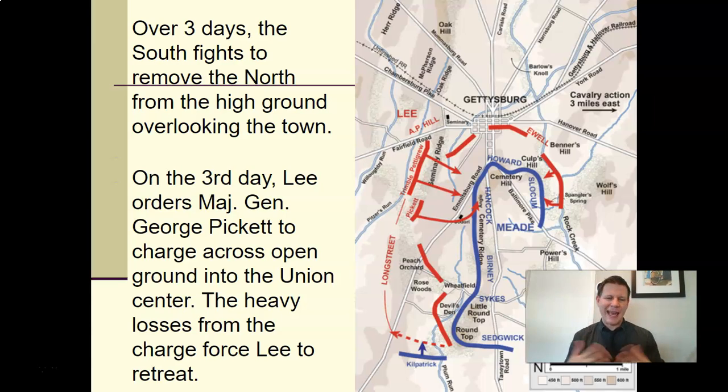General Pickett and his men make the charge, and to everyone but Lee's surprise, it's a disaster. Most of the men never even make it close. They never finish the charge, and the few men who did make it up the hill into the Union lines were too exhausted, too shot up, too outnumbered to really do anything of importance, and those men had to run all the way back across that farm field to their defensive lines. The charge is a failure.